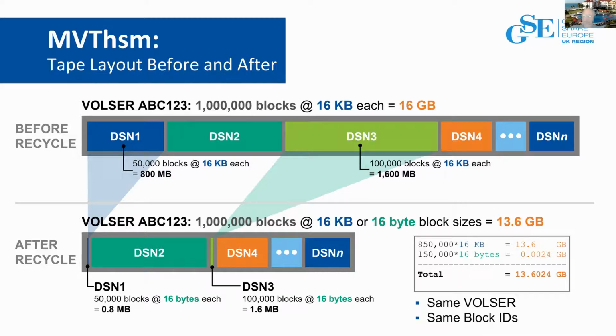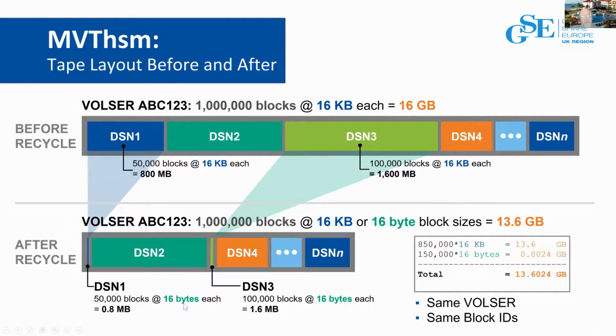It's been cataloged on the mainframe, but you're still holding that space in your tape storage. Well, we would go through the process I just described, where we read out of the CDS which of these data sets are invalid, which block is associated with the data set that's now invalid. And we go through and we replace all of those blocks with just a block header instead of the whole thing. And so what that does for us is it takes the 16K blocks, 50,000 of them in the case of the first data set, down to only 16 bytes each.